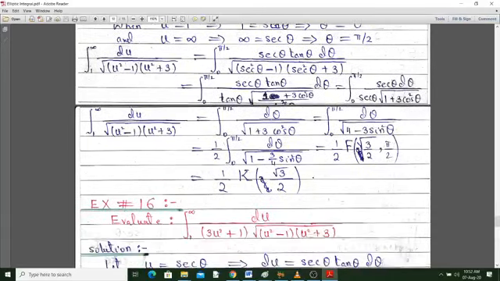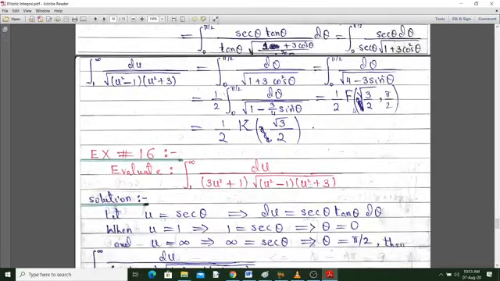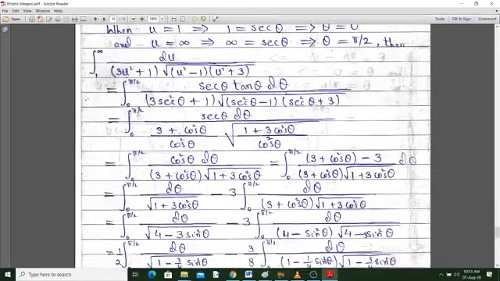And now what is the problem? To convert this integral into an elliptic integral, we need 1 here, so I take 4 as a common factor. Here we get 1 by 2, 1 minus 3 by 4 sin square theta. And what is this? This is the complete elliptic integral of the first kind. And what is k? k is root 3 by 2. And what is the angle? The angle is pi by 2. And the complete elliptic integral of the first kind can also be written as kappa of k. So we can write it as half kappa of square root 3 by 2. So you see